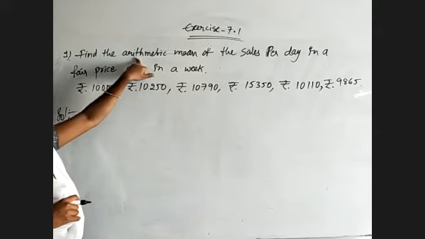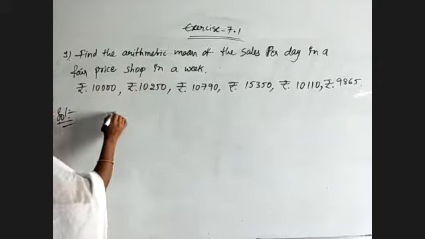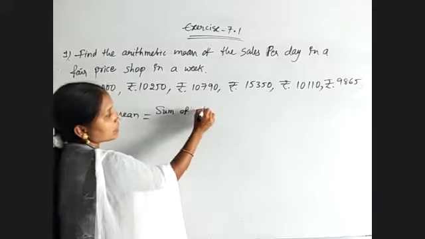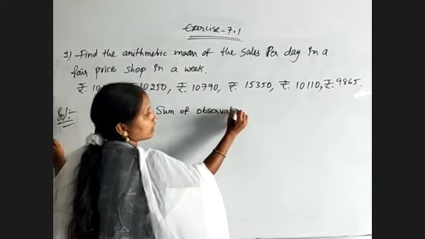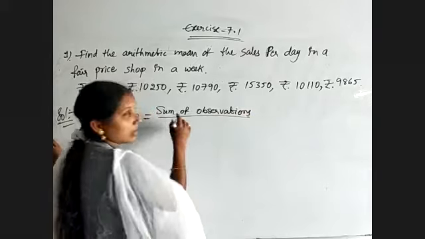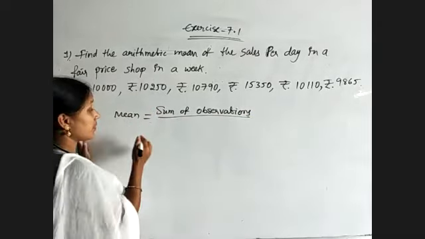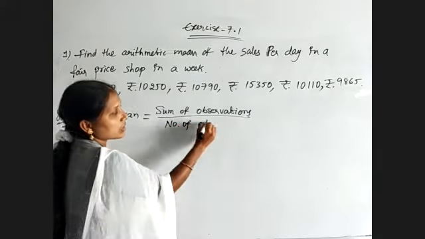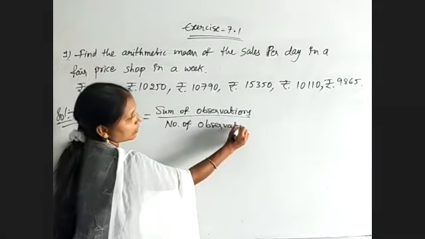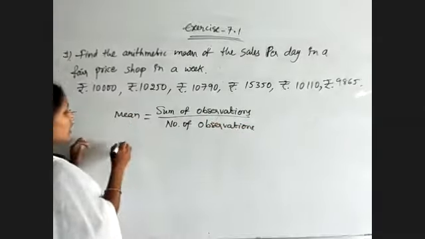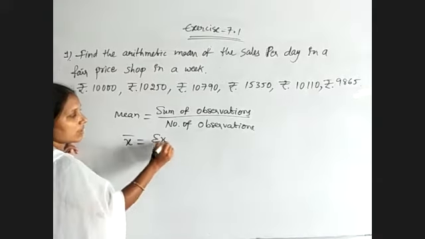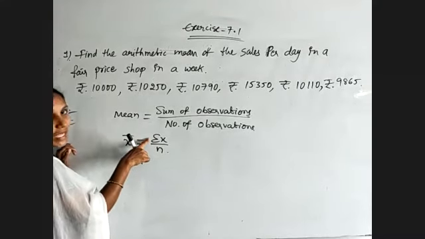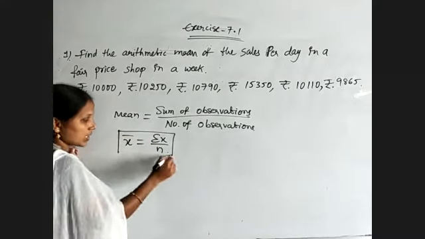So if you are getting the word mean, use the formula: arithmetic mean is equal to sum of observations by number of observations. We know this. Okay. And no need to write always this lengthy formula, just use the simplified formula. In symbolic notation, that is x bar is equal to sigma x by n. Here n is number of observations, x bar is mean of the observations and sigma x is the sum of the observations. So use this one.